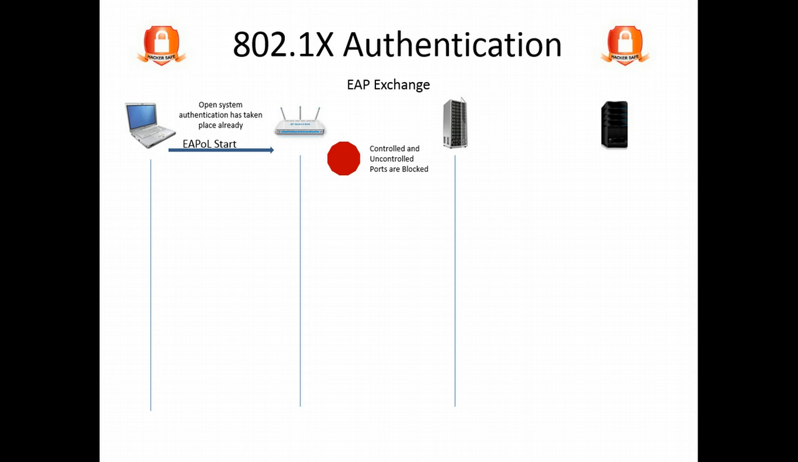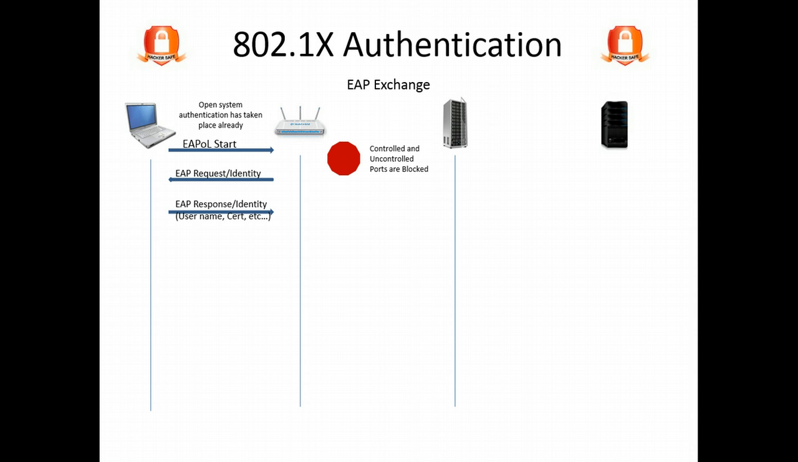Now, this is an optional frame. You don't always see it, but it's basically a frame that comes from the client device telling the authenticator, I would like to start the 802.1x authentication process. The authenticator then requests an identity from the client. The client sends that identity over to the access point, and at this point the access point will open up